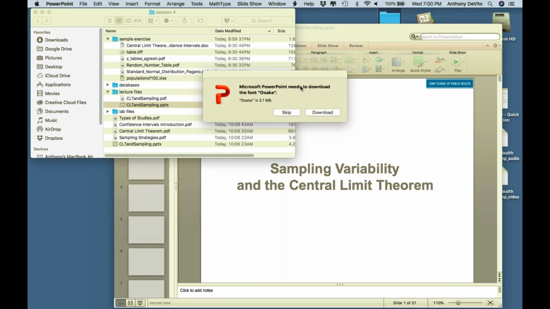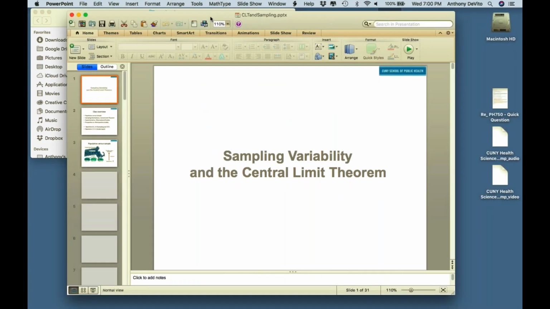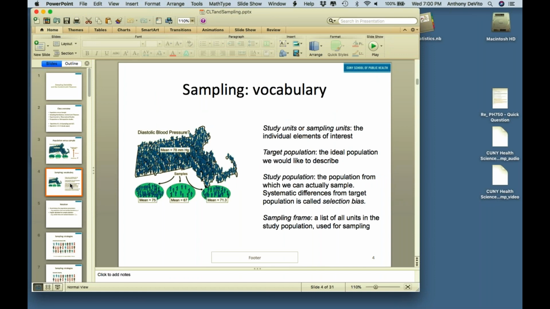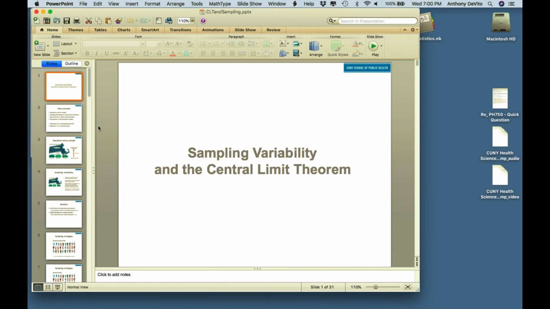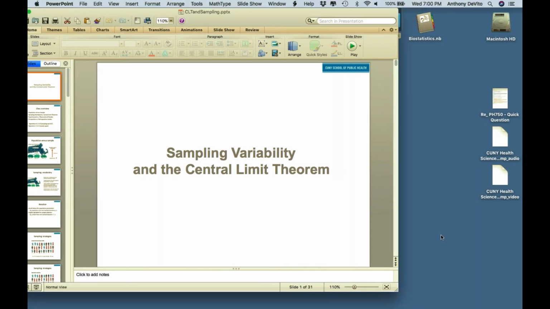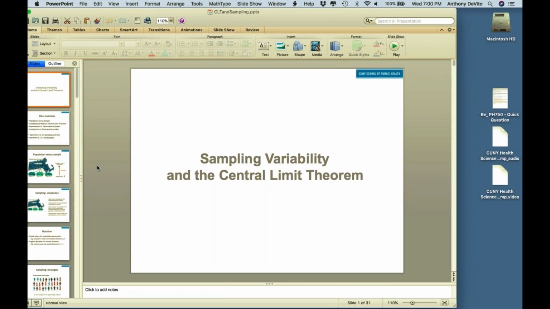Okay, so here we go. Don't worry about the fonts. Okay. Okie doke. All right, here we go. I'm going to go full screen. Maybe I don't want to go full screen, because then I won't be able to see if you have any comments. So I'm going to do it this way rather than go full screen.